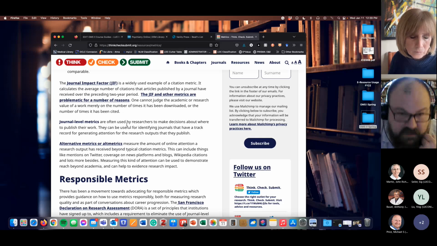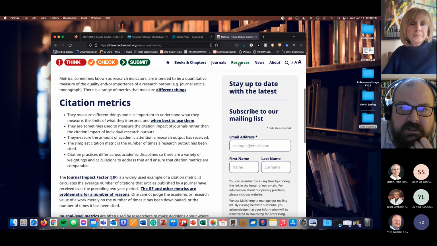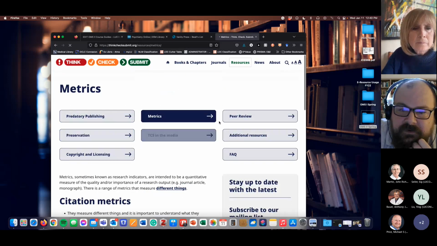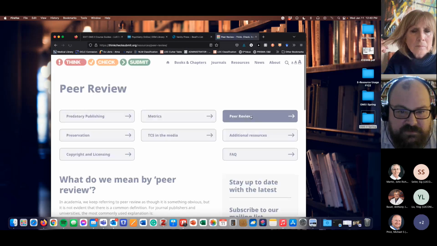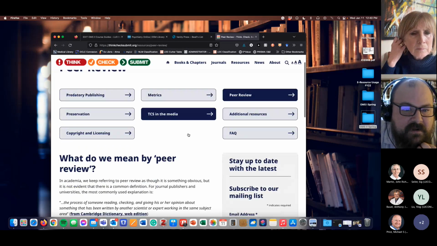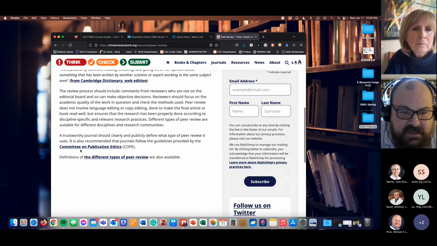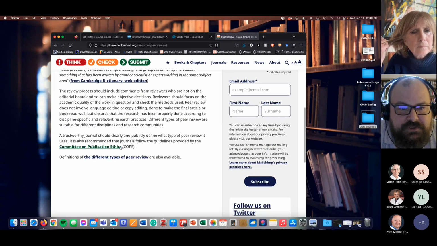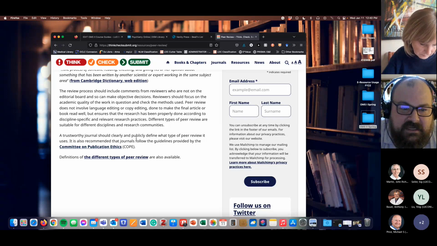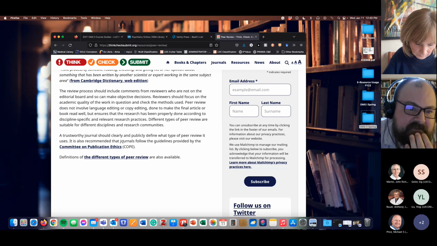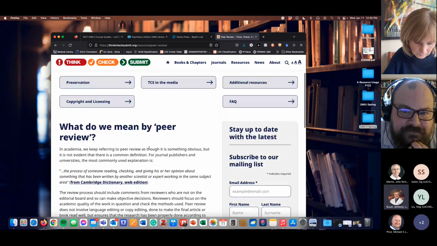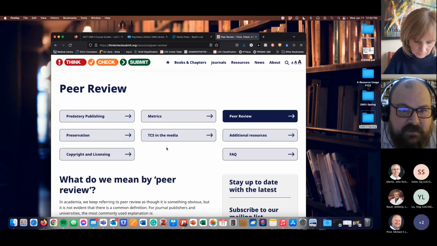And the other one I wanted to show you was it has a section on peer review. Where is it? Here we go, peer review. A lot of you who have written articles before are probably already familiar with this, but there's this Committee on Publication Ethics. You want to be sure that the journal clearly defines the guidelines that they're using for their peer review process, just like our LUCOM Research journal on the Curious platform has peer review. So that's basically what I wanted to show today.